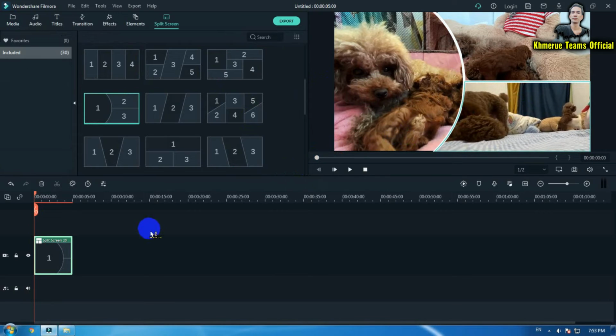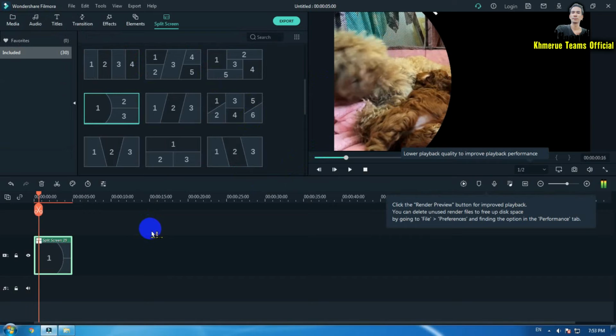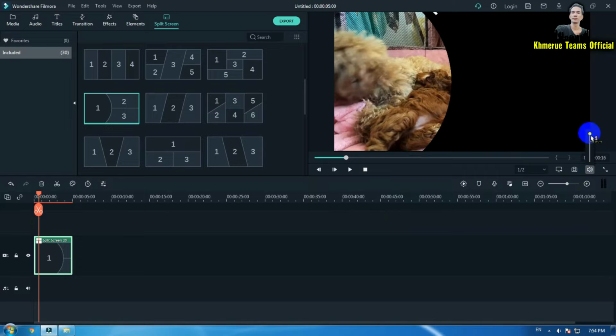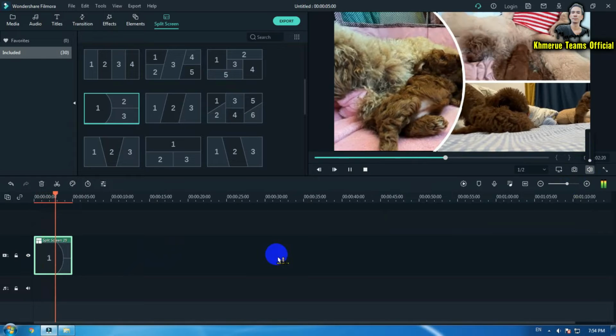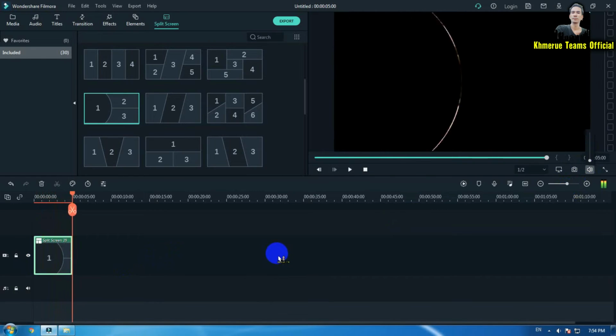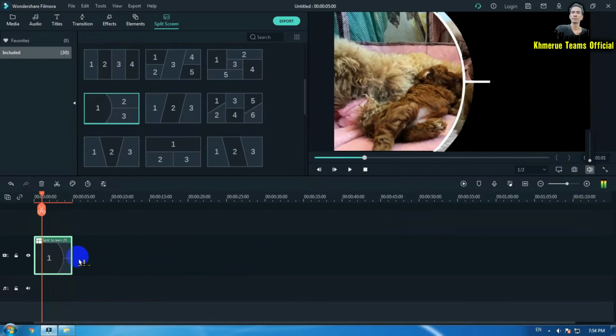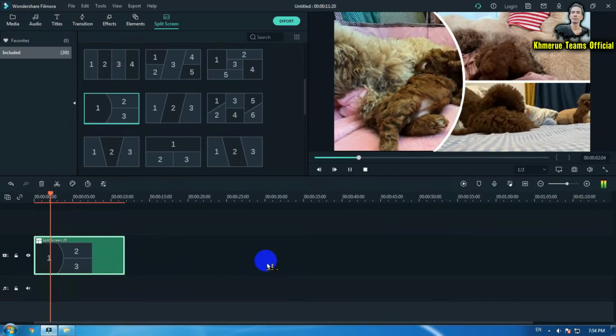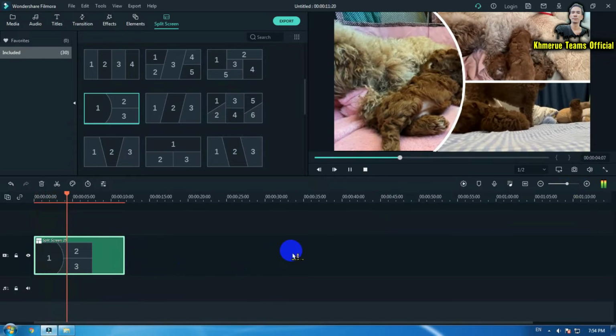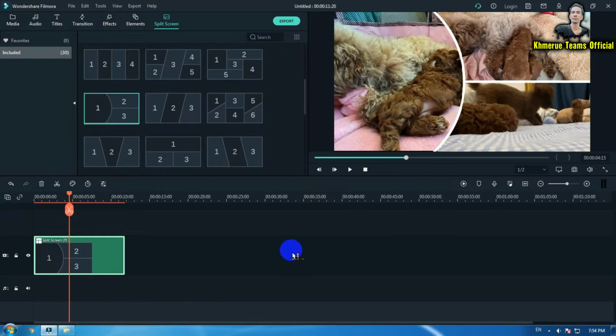And now we're gonna click OK, and then we're gonna start to play that. Now I'm gonna close some music here. Okay, now let's check it out. It looks like this. If you want something longer, you need to drag it to be longer like this. So all videos should be longer. This is the basic tutorial, but